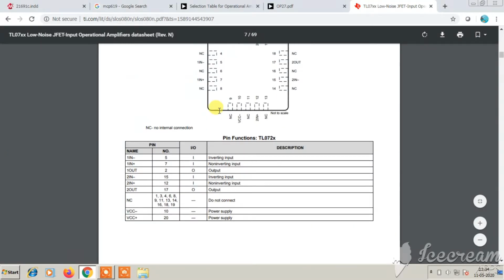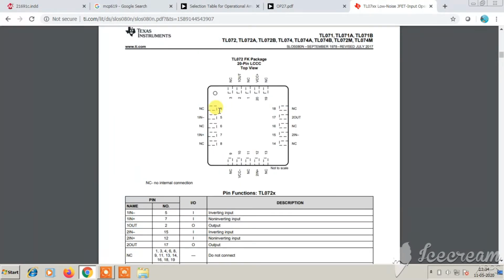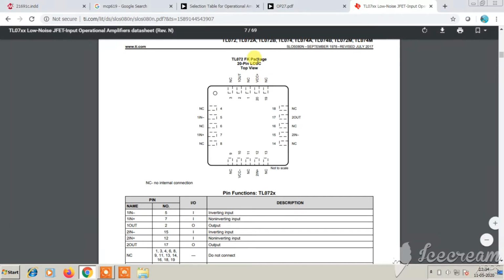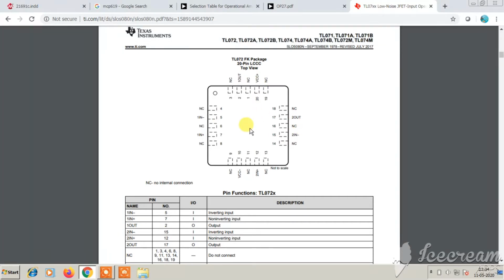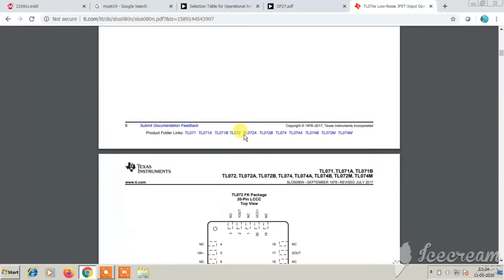But if you look at smaller packages such as this one, these pinouts are not the same, and this is obviously not the point of our discussion here. Our discussion is restricted only to dual inline package based, DIP or SMD parts if available. We are not dealing with these smaller packages here,